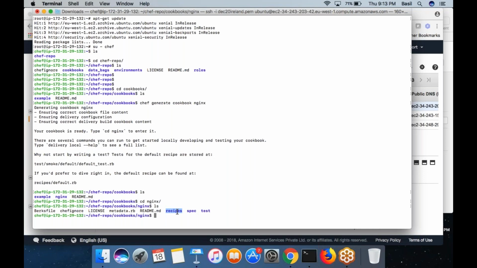Each task can contain a number of resources, and a resource is nothing but the tiniest rule in Chef. The smallest rule in Chef is what you call a resource, and combining a set of resources is what you call a recipe. If I refer to task, I meant to say the recipe only. Okay. So this is the folder inside the cookbook where you're going to create the recipes.